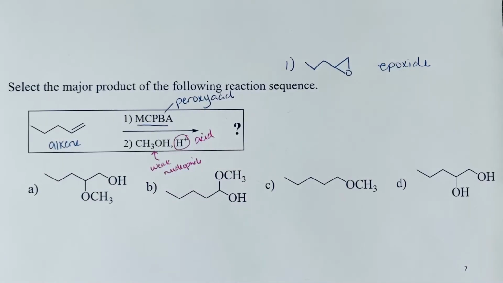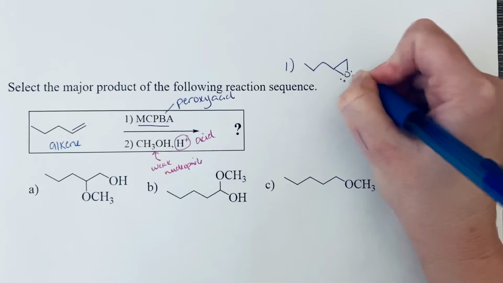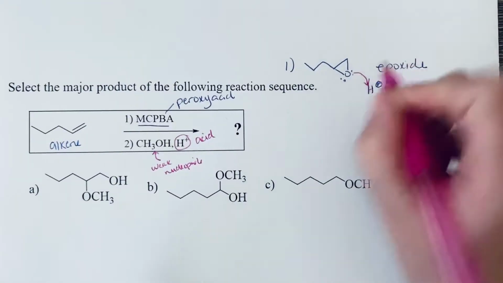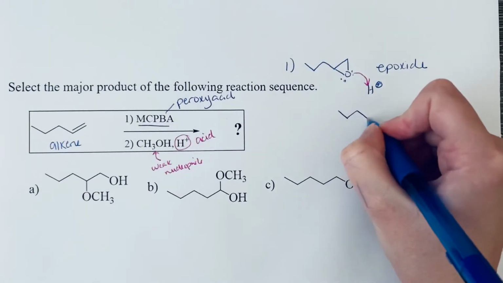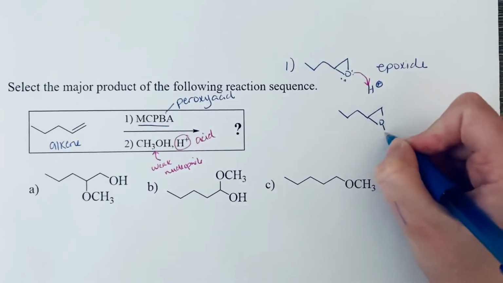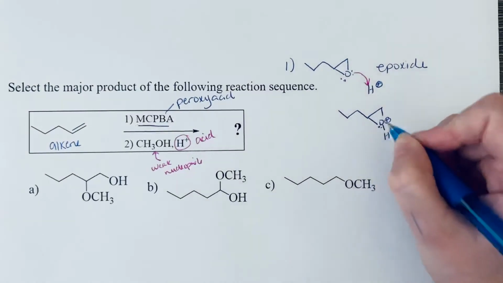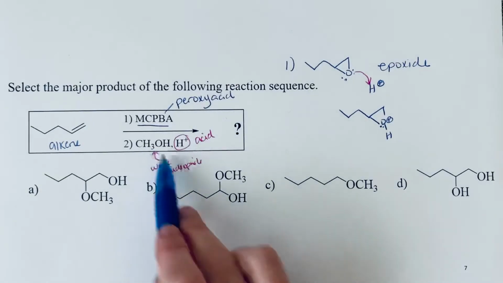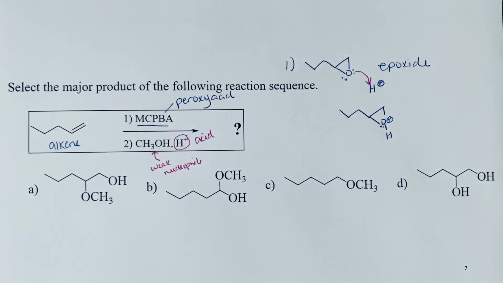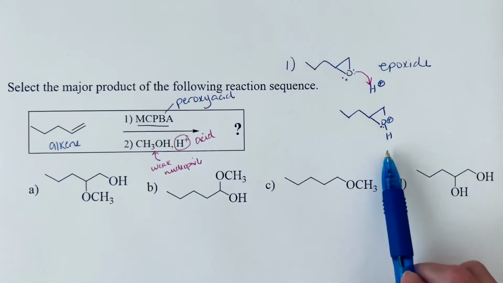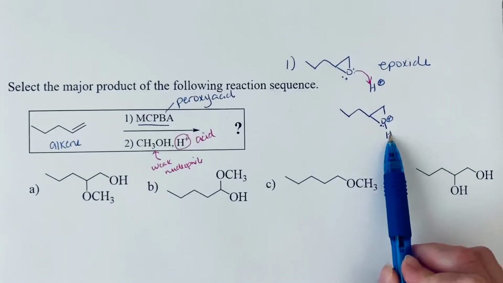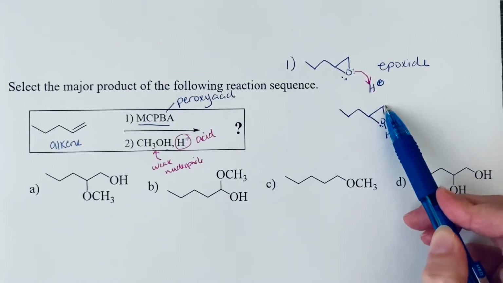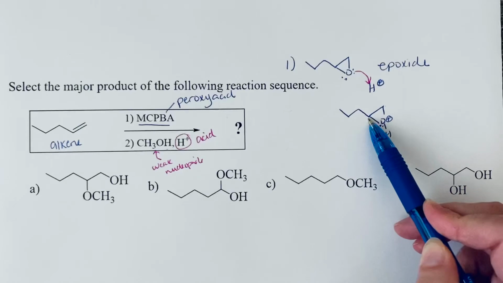So the first thing that's going to happen is your epoxide will be protonated. And so what this does is it makes that epoxide even more susceptible to nucleophilic attack, such that even a weak nucleophile like the methanol can do the opening reaction of the epoxide. So the question is, with this unsymmetrically substituted epoxide, where does the nucleophile attack? Is it going to add to the least substituted carbon atom, or is it going to add to the more